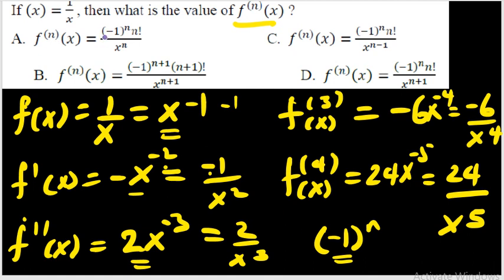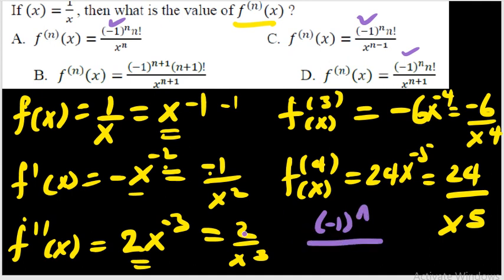A contains it, and C also, and D also. The sign is decided by negative 1 to the power of n, because when n is odd, negative 1 to the power of odd is negative, but negative 1 to the power of even is positive. So I can write negative 1 to the power of n, the whole over, let's say,